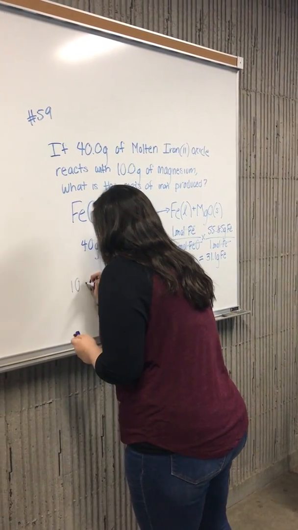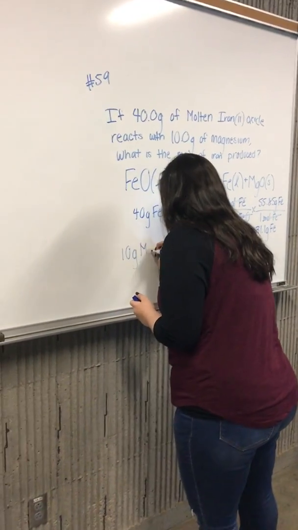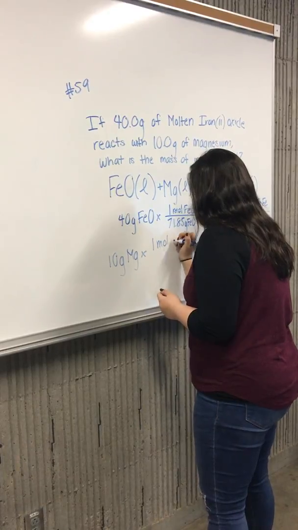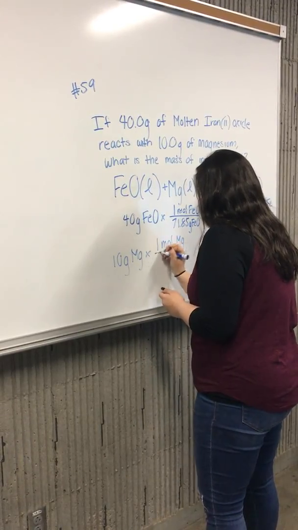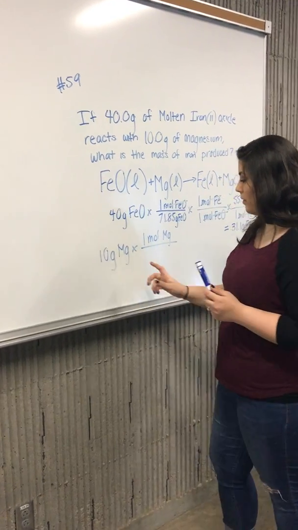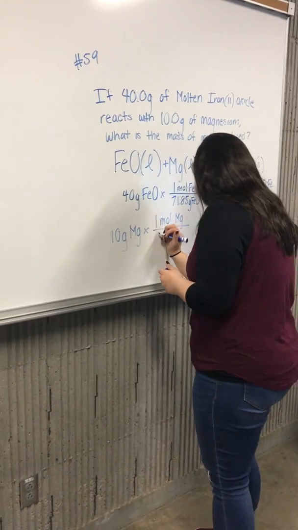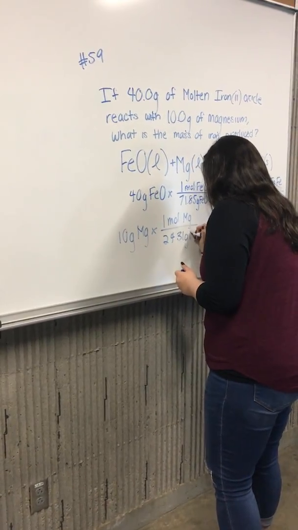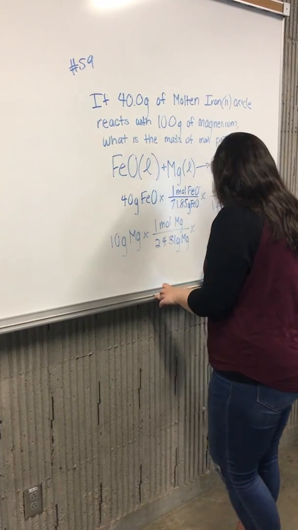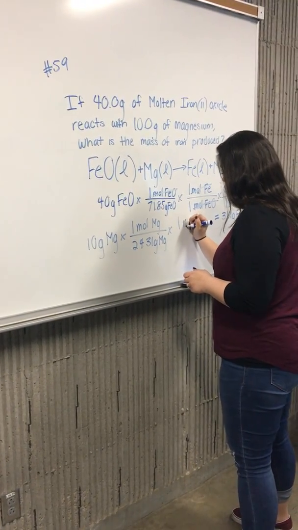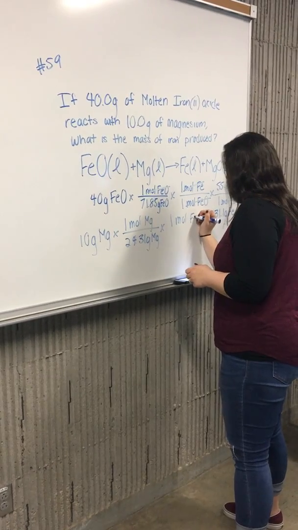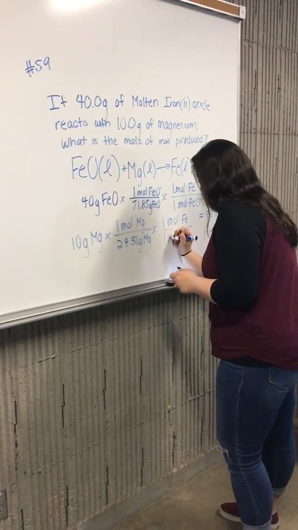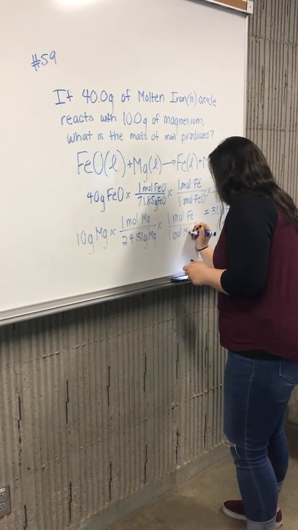So you'll take your 10 grams of magnesium, and then you have your 1 mole of magnesium, and then you have your atomic mass of magnesium, which is 24.31, and you have 1 mole of iron, since you have your iron up here, and you have your 1 mole of magnesium,